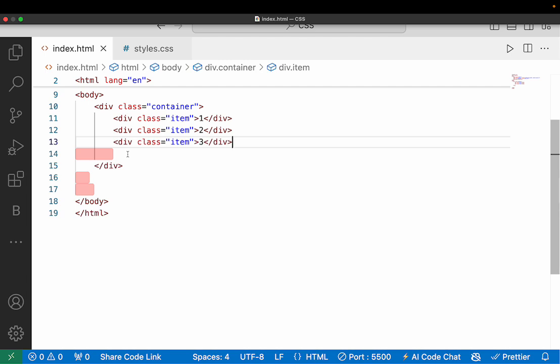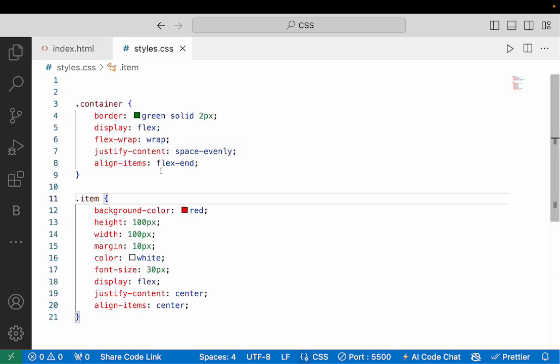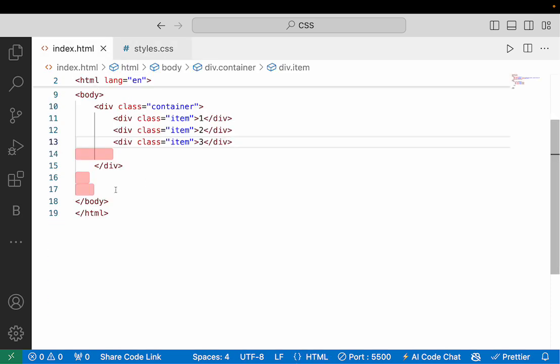Now, I want to talk about the practical application of Flexbox, and this should also help to put things into perspective, kind of put together everything we've talked about so far. So what we want to do is to build a very simple navigation bar, and by so doing we are able to put together everything we've learned so far. So if you want to build a navigation bar, of course